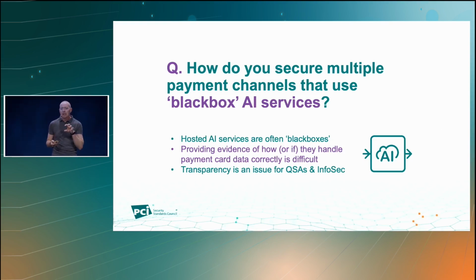So the question is, how do you assess and understand what that chatbot's doing? It could potentially be a third-party supplier of AI bots that a contact center organization has integrated into their system and is working great. But the contact center operator, the merchant, the end customer, can't see inside that bot. It's often termed a black box. So they don't know what it's doing with card data. How do you provide evidence to a QSA or an assessor or an auditor as to what's happening with people's payment card data when they do a transaction through that digital channel?